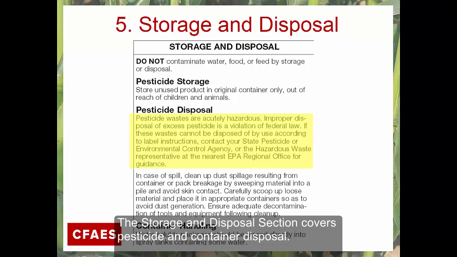The next section I want to talk about is the storage and disposal section. Let's look at this language. It's critical that you follow the label when it comes to disposal. This one says that pesticide wastes are acutely hazardous. Improper disposal of excess pesticide is a violation of federal law. If these wastes cannot be disposed of by use according to label instructions, contact your state pesticide or environmental control agency, etc., etc. Okay, so that sentence, if these wastes cannot be disposed of by use according to the label,